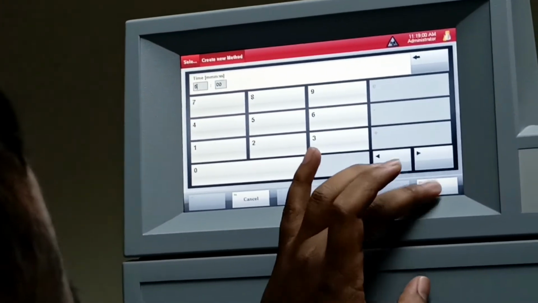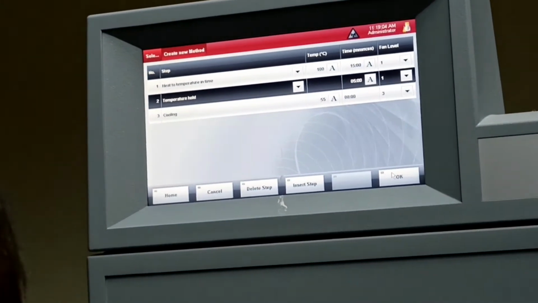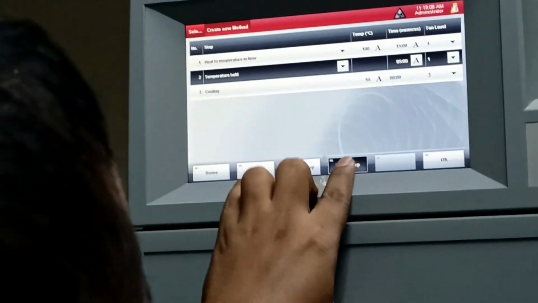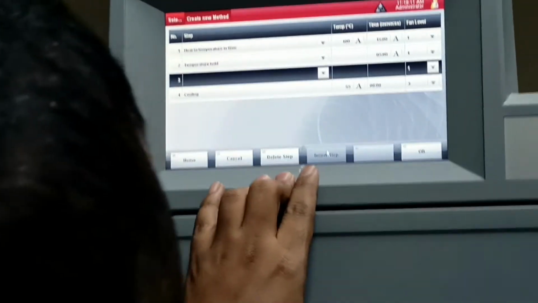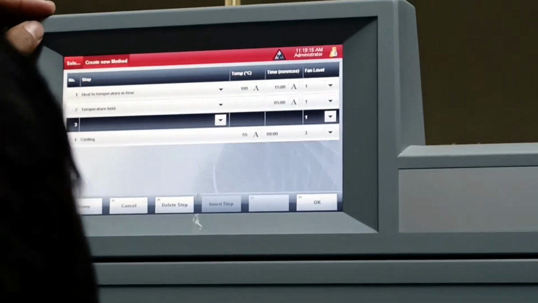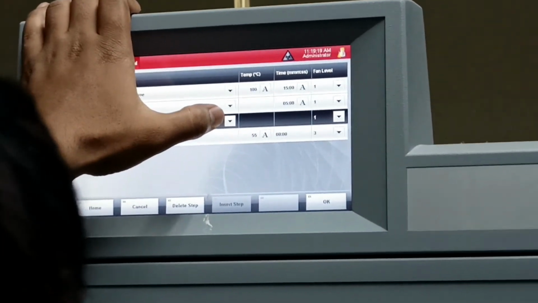Now at the bottom you will see there is insert step. You click on that. Is it coming above the temperature hold or below the temperature hold? It is below the temperature hold.